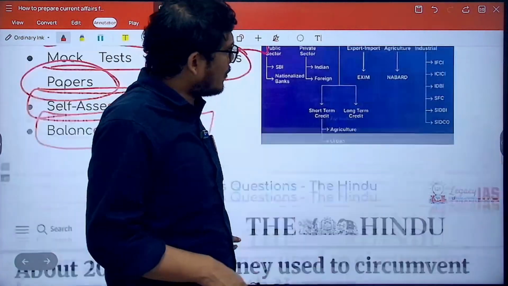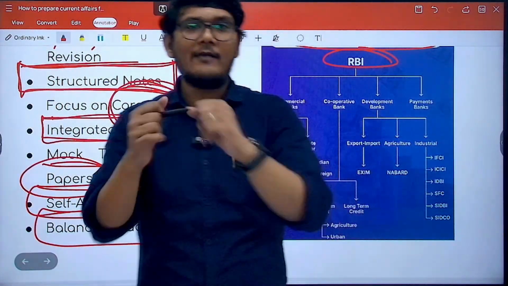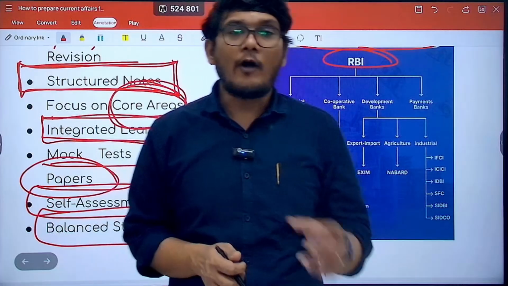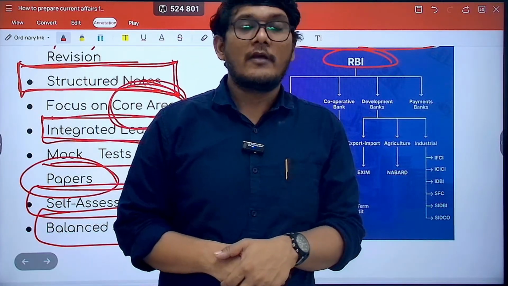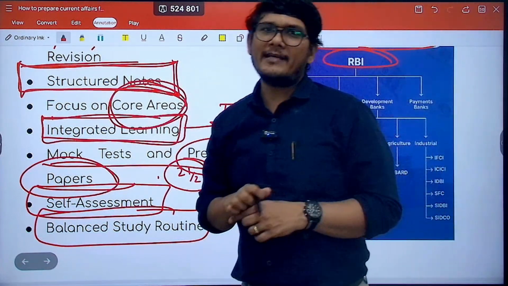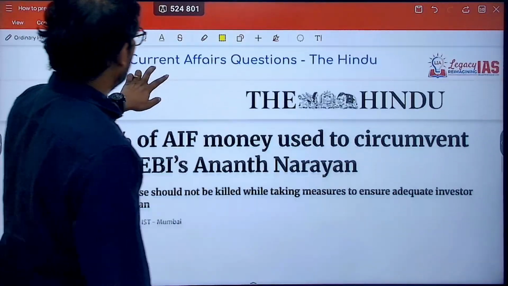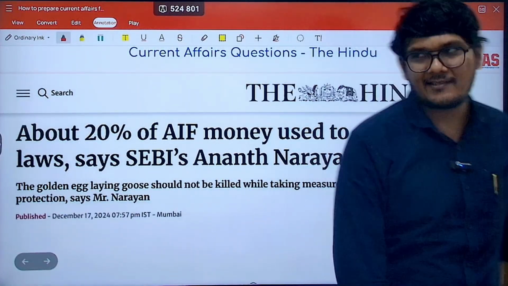So we have understood from where to study, what the sources are, and what should be done. But to what level do we have to study, and what do we have to study when we see a news item? We will also see what kind of questions UPSC is asking from which news. So let us get started with the sample questions from UPSC itself.